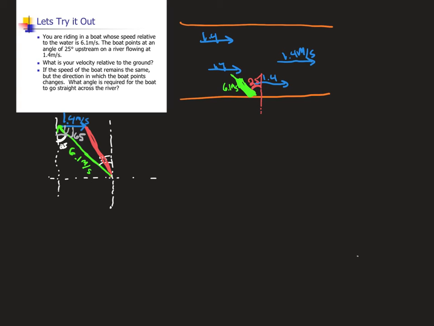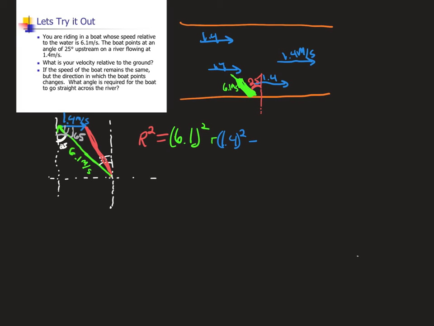So I will have the law of cosines: r squared is equal to, and it really does not matter which one I use for this, 6.1 squared plus 1.4 squared